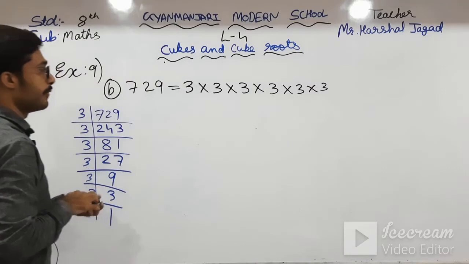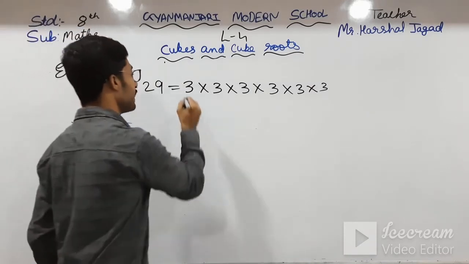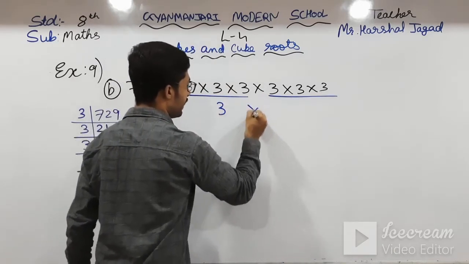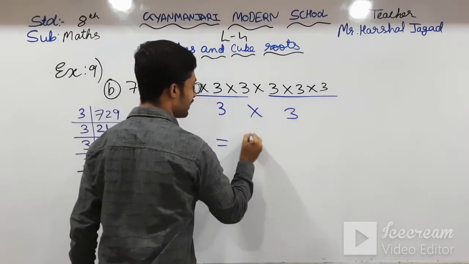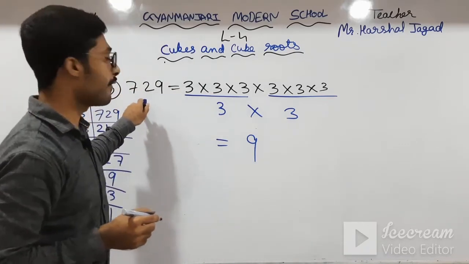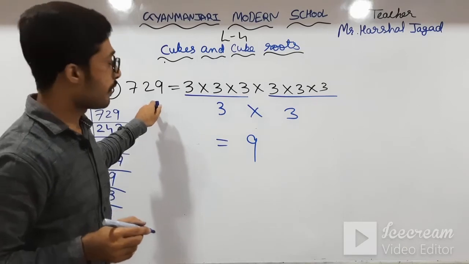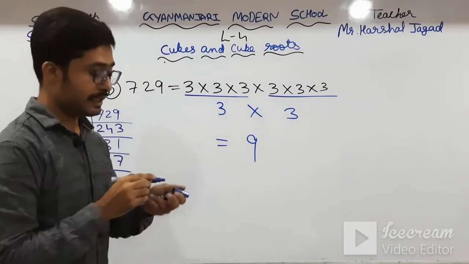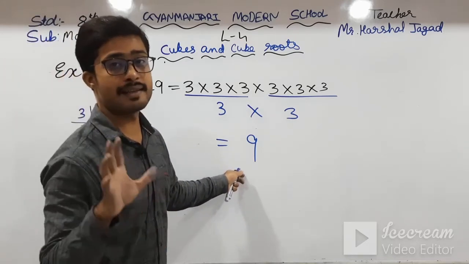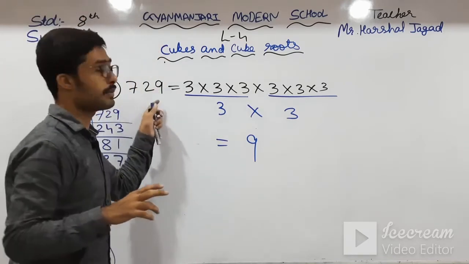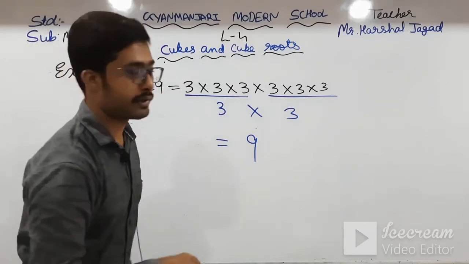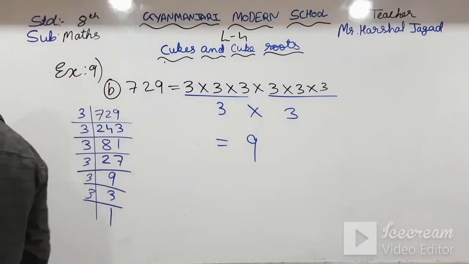So here what we will do is we will make the group of 3. So 3 into 3, that is 3 3s are 9. So this is the cube of 9, that is 729. Okay students, this is the cube of 9. In the first we have seen that if in the unit place there is 9, then its cube's unit place also there is 9. You can see here. Okay students, now next please note down this.